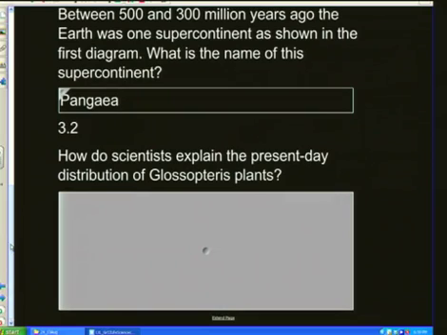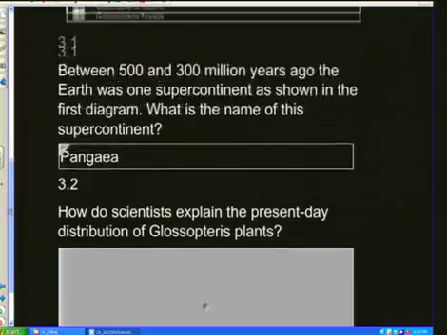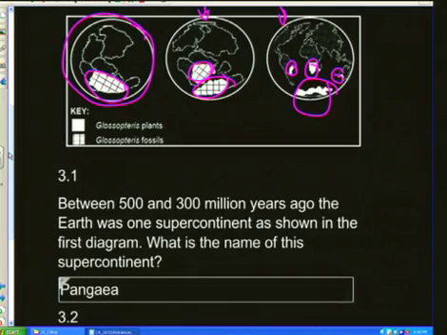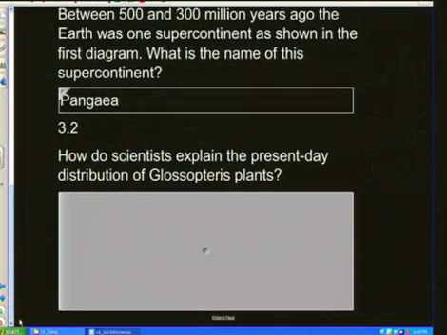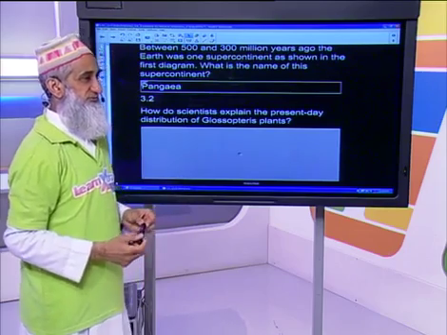How do scientists explain? This is more important for us. How do scientists explain the present day distribution of Glossopteris plants? In other words, taking this into account, how do they explain that now? What principle of evidence of evolution would be used? The continental drift. Right, the continental drift will come back, but which